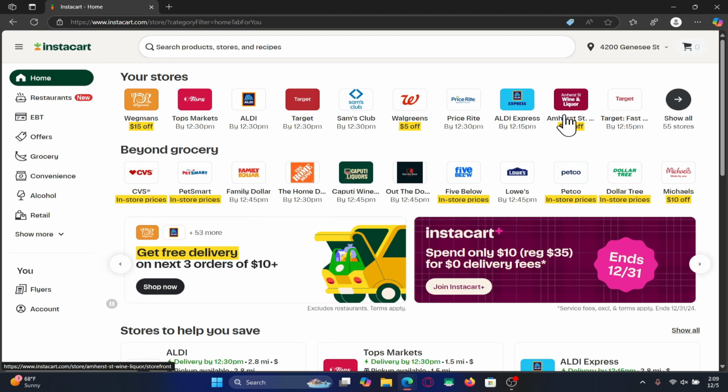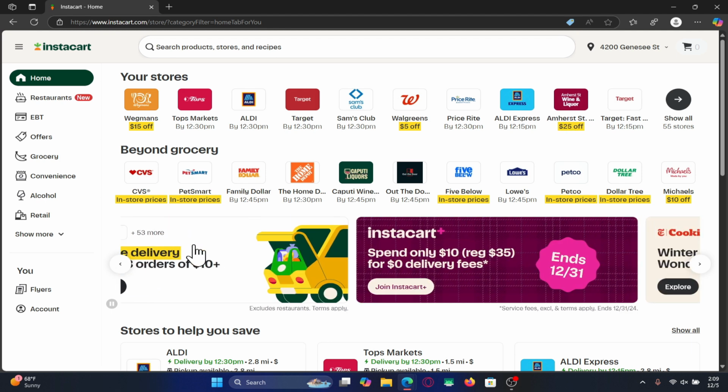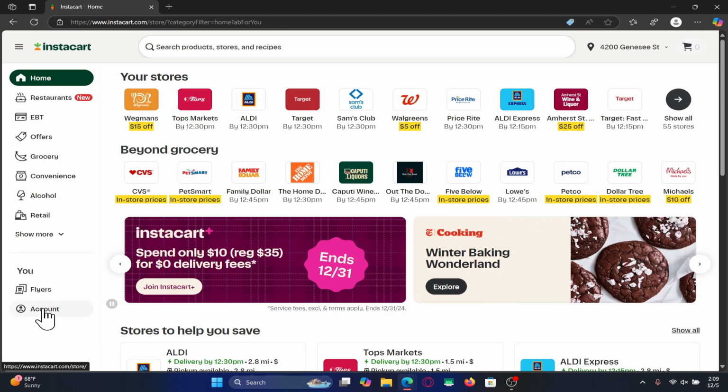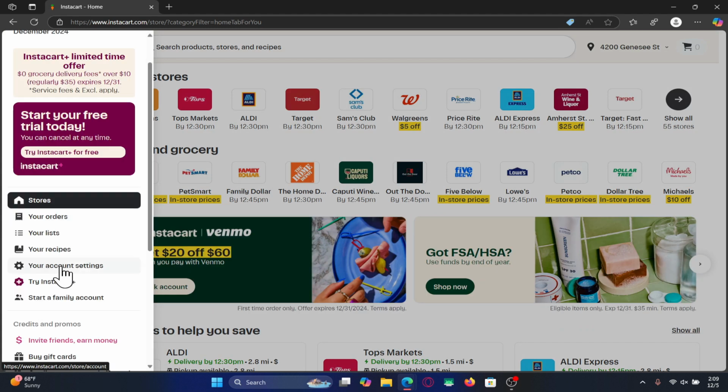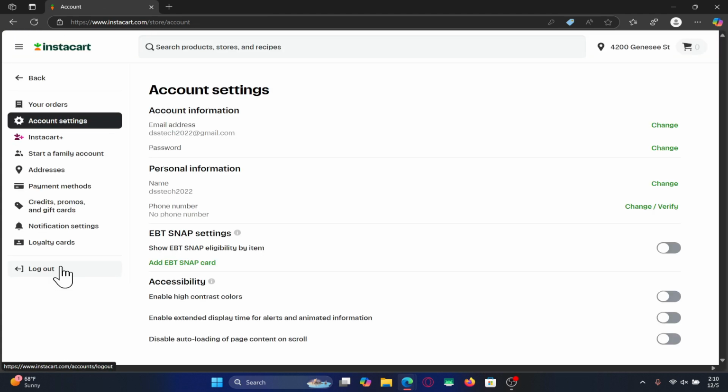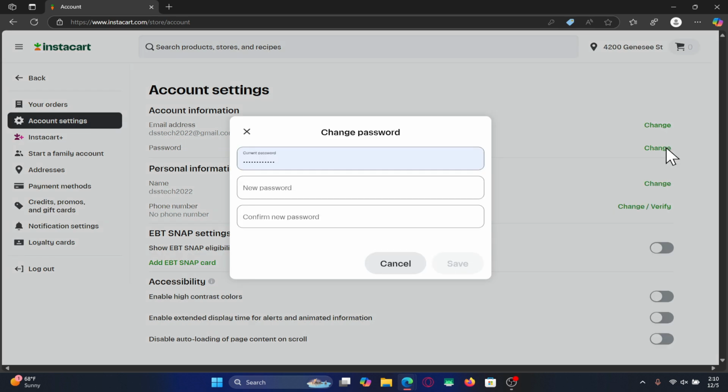Now, if you wish to change your password that you have set within your account, click on the account option at the bottom left corner and then click on your account settings. This will now take you into your account settings page. Now, within this page, alongside password, just click on the change button and you will now be allowed to change